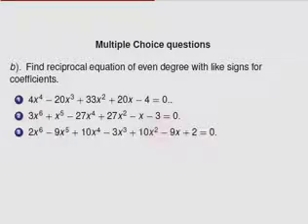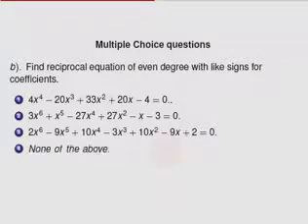And the next one is 2 x to the power of 6, which is of even degree. To compare, a naught is 2 and an is also 2, so therefore this one is even degree with like signs. The next one is none of the above. So therefore 3 is the correct answer here. Answer is 3, because even degree with like signs.